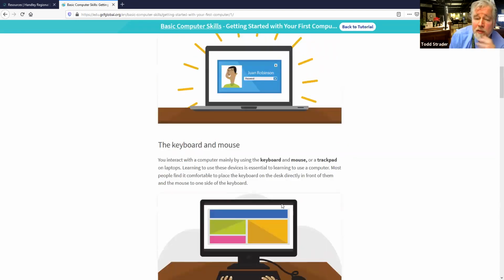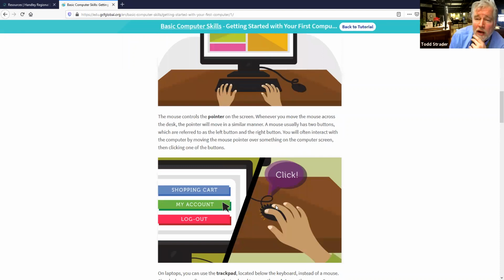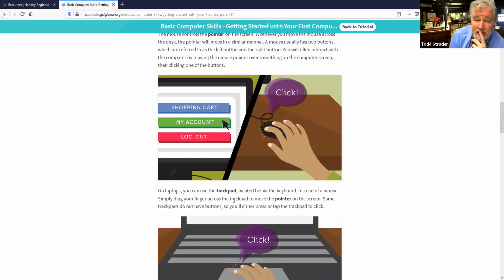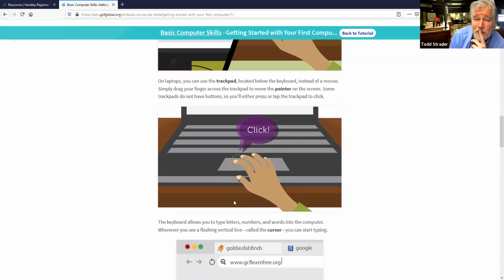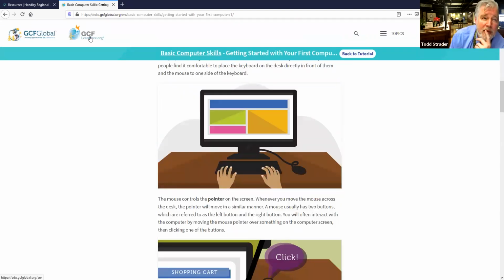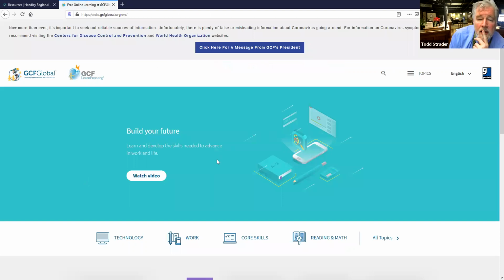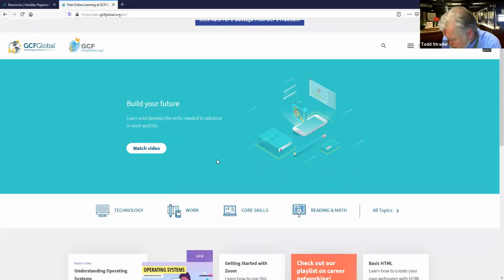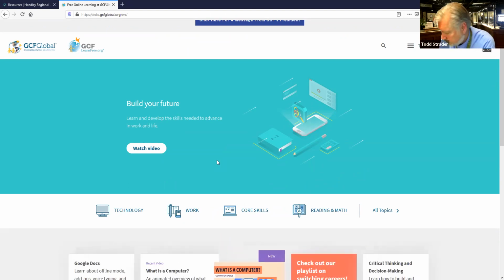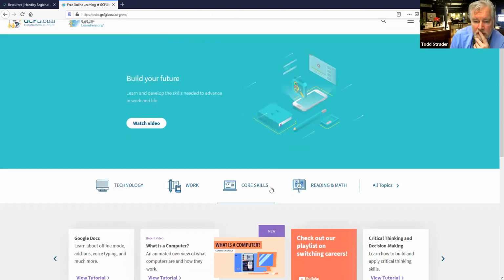You can learn how to use keyboard and mouse, how to click on the left side and the right side and what that does. So this is a really good resource. I'm going to go back to that main page. Okay, what are some of the other things I wanted to show you about this one? Under core skills,